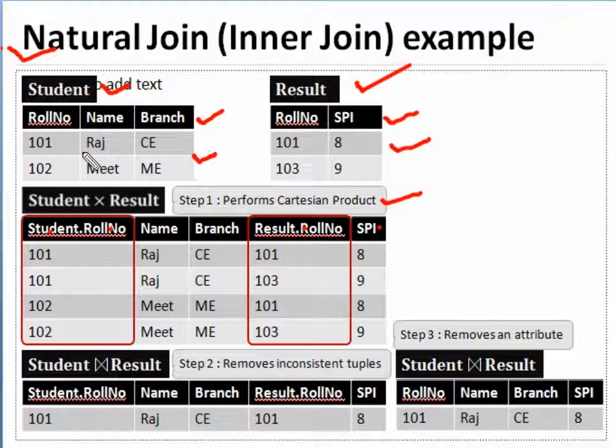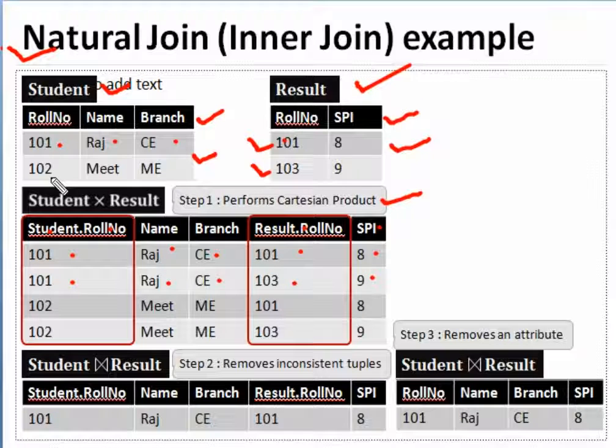Multiplication. Here 2 and 2, so 2 multiplied by 2 is equivalent to 4. So 101 Raj and C will multiply with the first record, 101 and 8. Again this record is multiplied with 103, so 101 Raj C will multiply with 103 and 9.